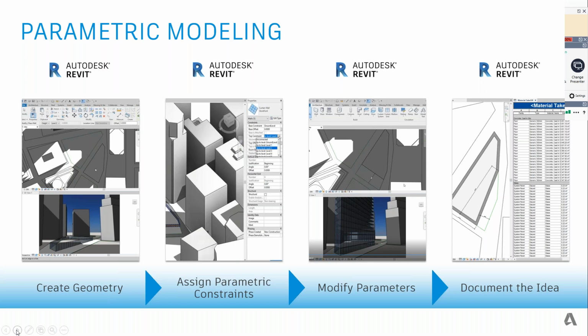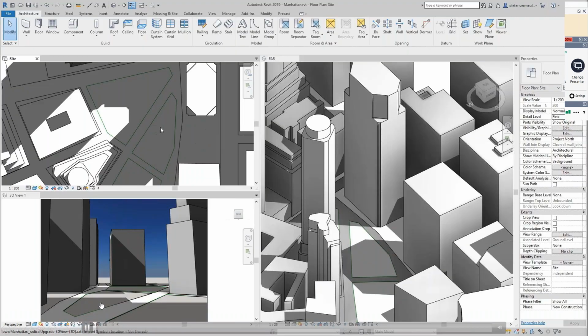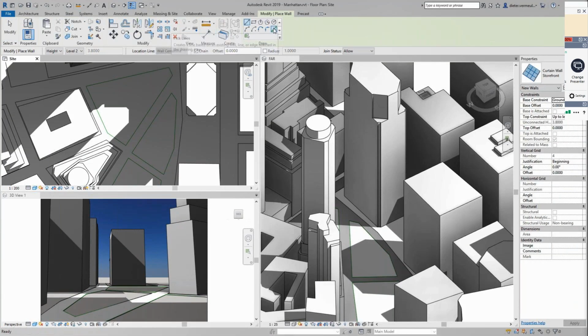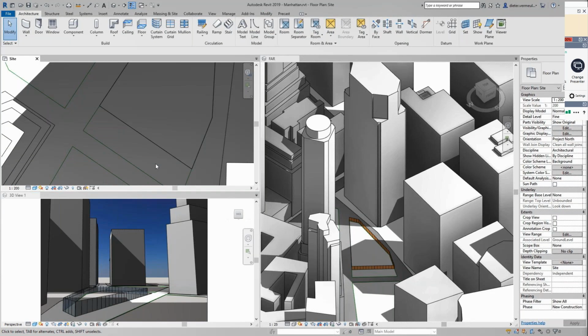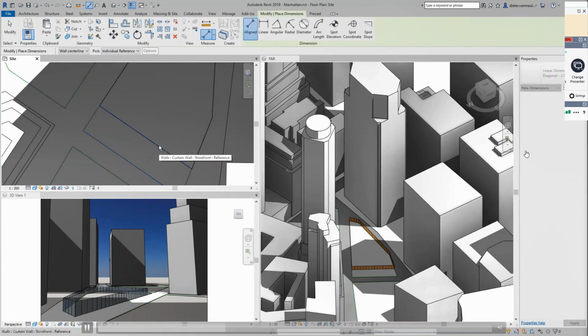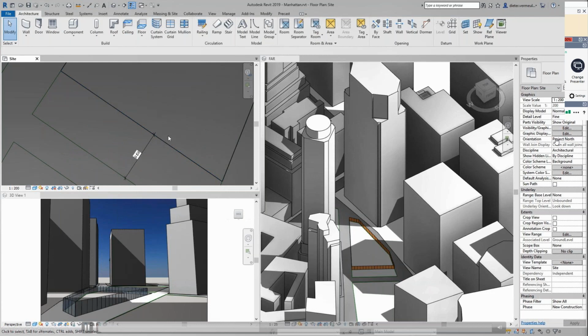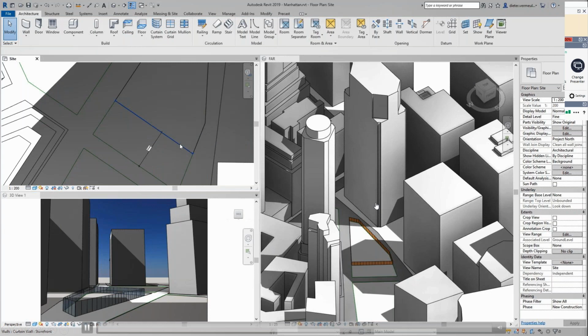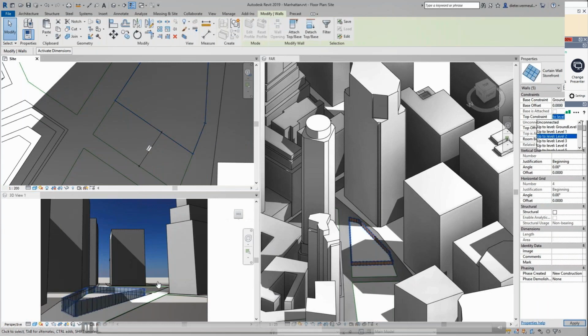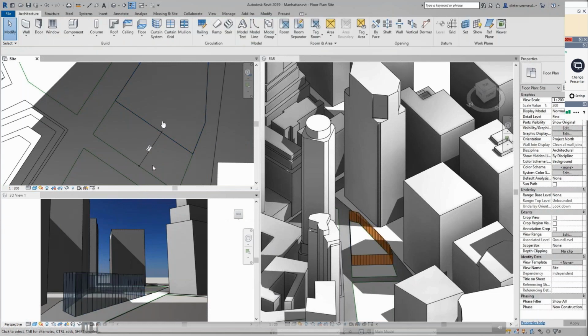Just to give an idea of what I mean by parametric modeling, I believe most Revit users already know this. If I need to model any component, let's say in this case I'm modeling a curtain wall, that curtain wall will have certain parameters that we can look at in the properties palette. On the fly you can make a change, and that change is visible across the project, whether we are seeing it in a perspective view, an elevation view, or a plan view.